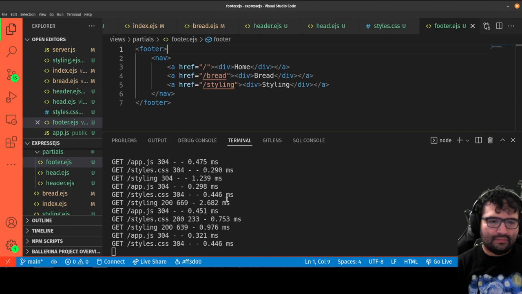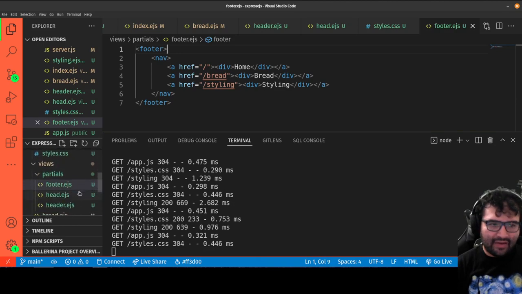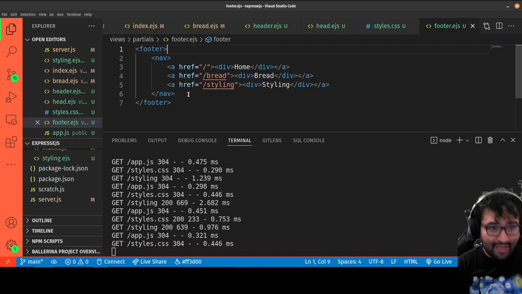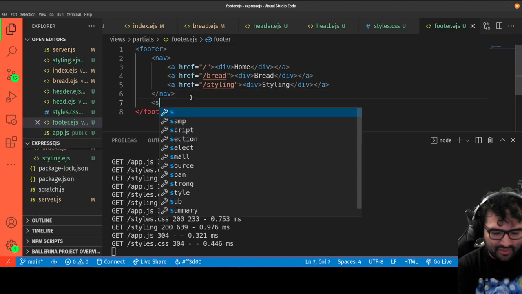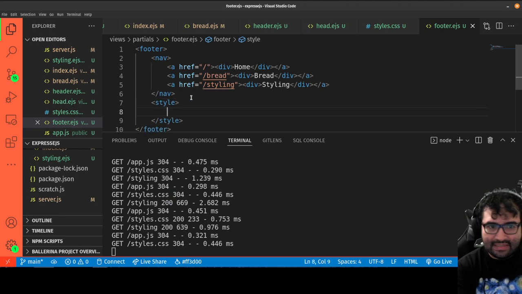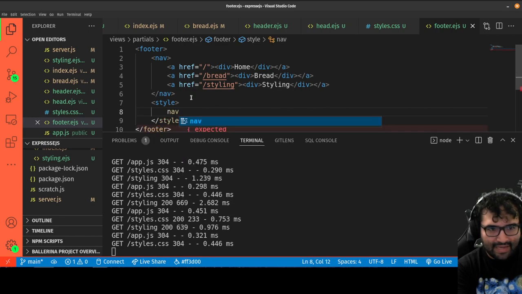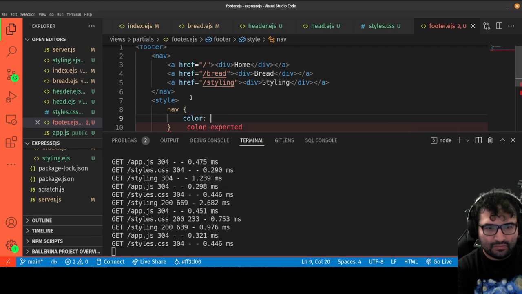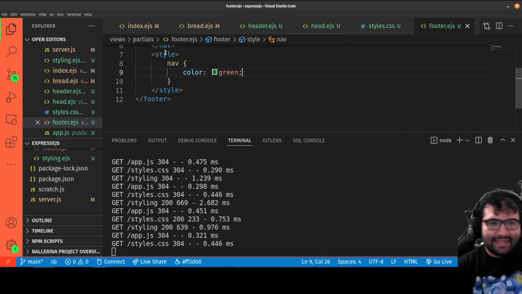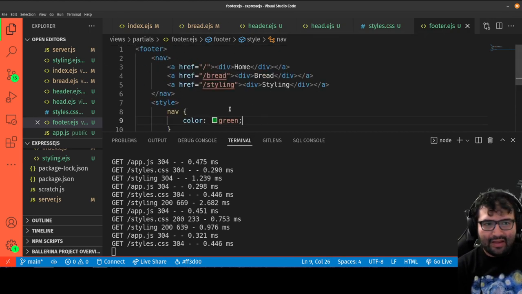Cool. Okay, and again, you don't have to do everything in the CSS file. You could do it anywhere by just doing a style tag, and you can then write CSS right there. So I could be over here, nav, color green. But keep in mind, even though I'm writing it right here inside of this partial,